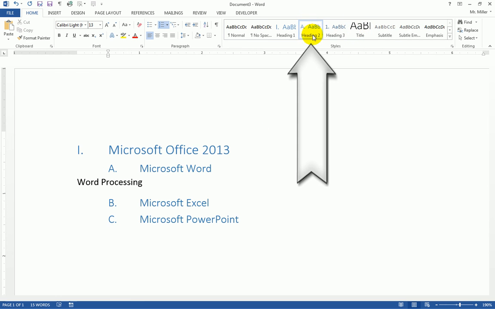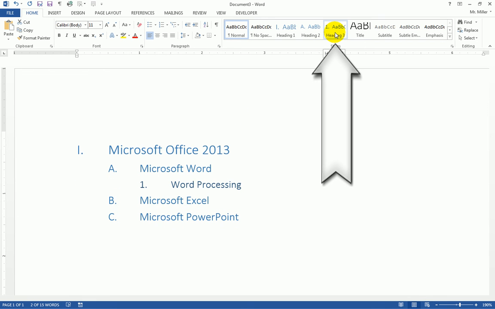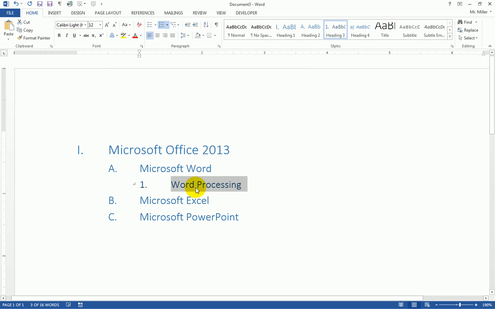Microsoft Word is set up as heading 2. If I want this text, word processing, to be a subpoint underneath it, what I can do is select it and make it heading 3. When I do that, it becomes a subpoint underneath. So using my styles, heading 1, heading 2, and heading 3, I can have my various levels of my multi-level